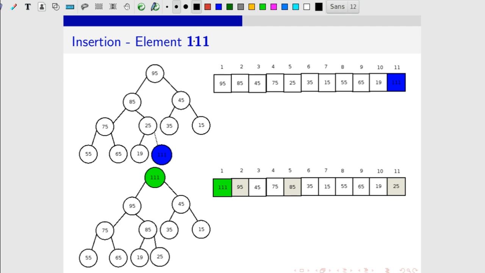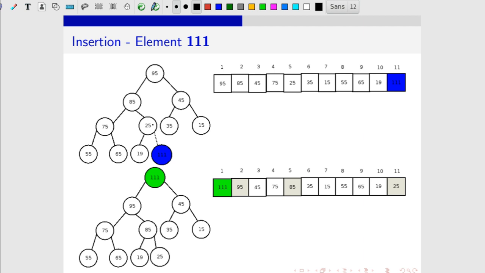Likewise, if you are trying to insert 111, again we will be inserting it as the leftmost leaf. But here you can see that the heap property is not satisfied. So we compare this element with its parent: 111 compared with 25. 25 is less, so we swap.